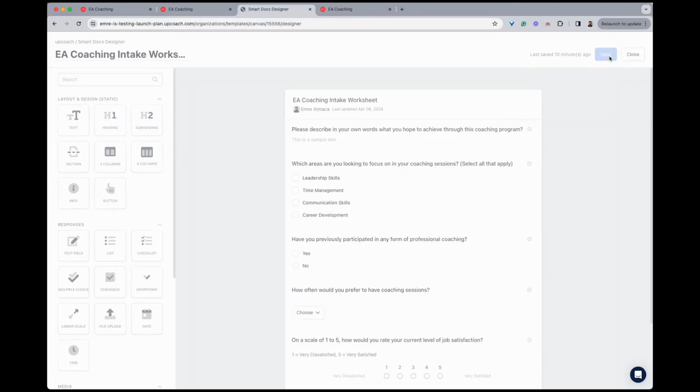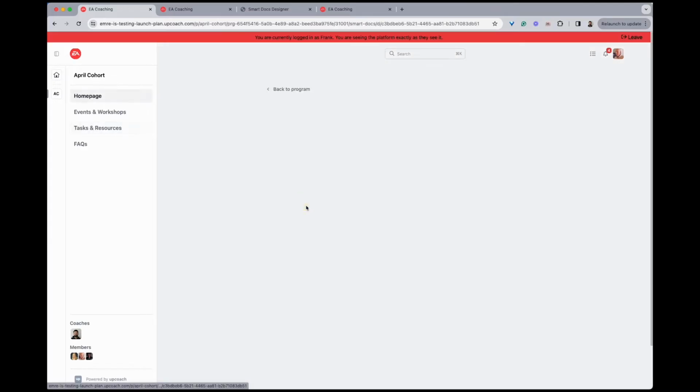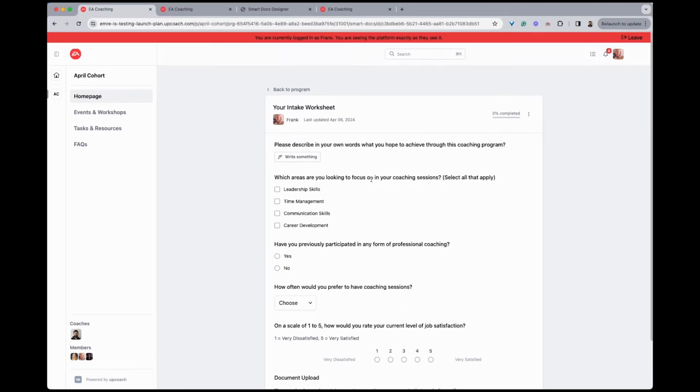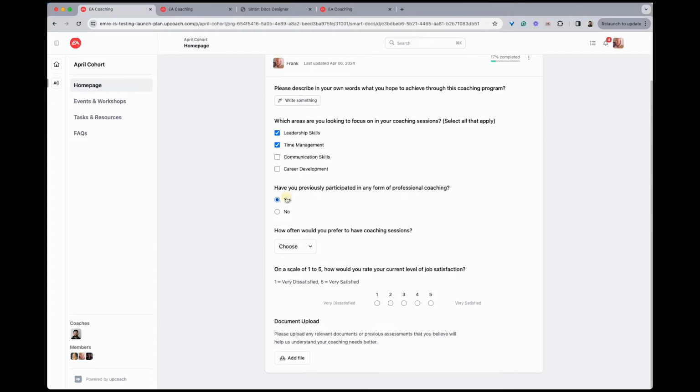I'll save it. I assign the smart document that we created together to my client Frank, and I log in as Frank to see how he will experience this document. When Frank clicks on this document, that's what he will see. He will see all the questions here. He can interact with the document easily as you design it,